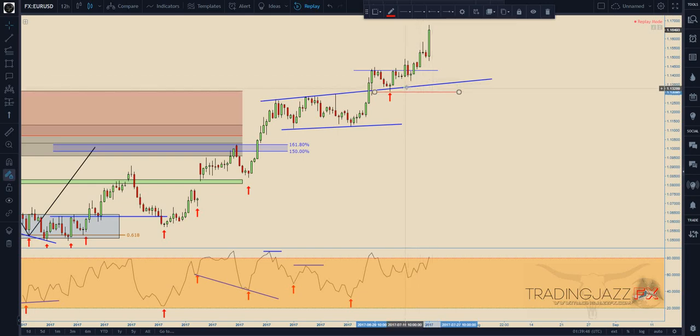Obviously, if you are searching for long-term approaches, I suggest searching for the previous structure support zone, or eventually another fractal, or another strong fractal that you may or may not have previously. So this is just an example. I don't trade based on this method, but obviously for the best of the examples,